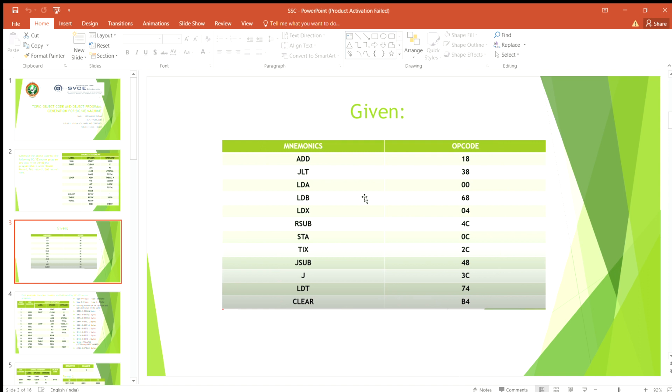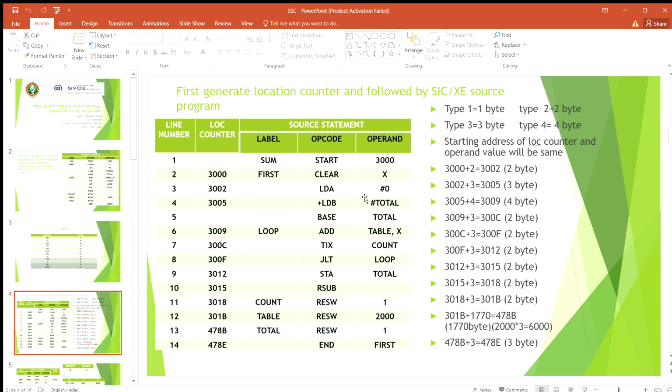This is another part of the given data in which we have some instructions and the respective opcodes in hexadecimal. So now let's get started with our program. First, we need to generate the location counter, followed by the SIC source program. The location counters can be given as 14 lines, and